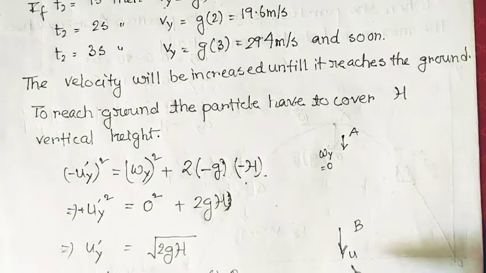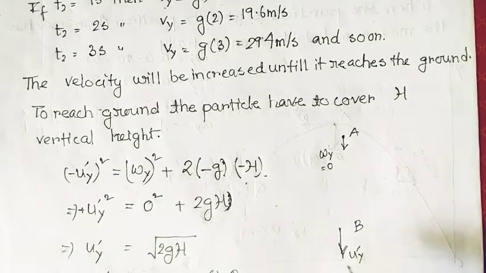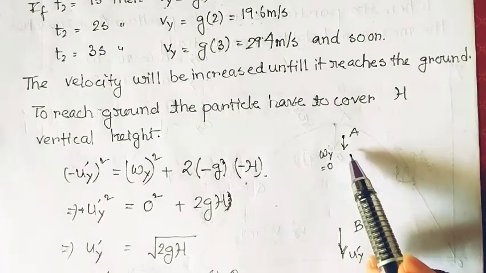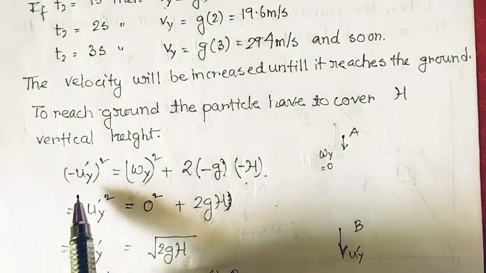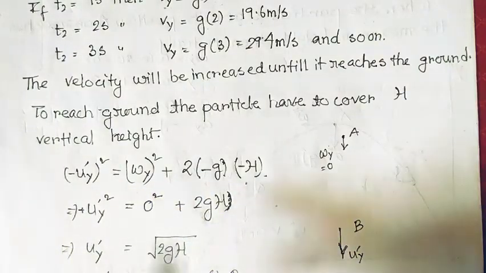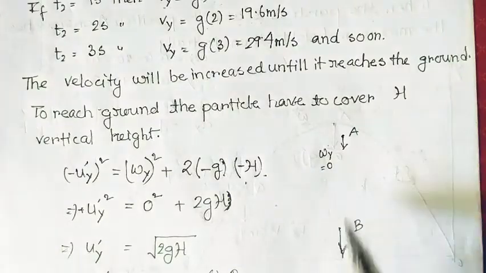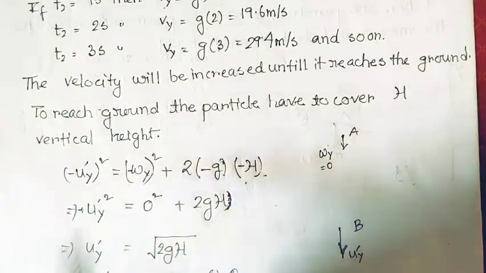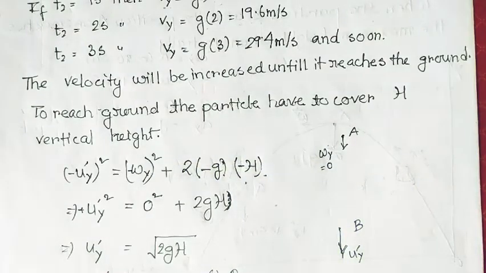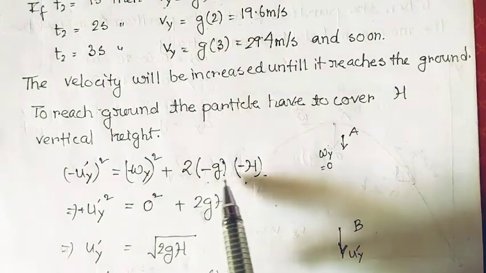and we say that when the particle is striking the ground, at that time its velocity is w prime, so it is w prime y. So this is the final velocity, and obviously it is non-zero because the acceleration due to gravity is continuously acting on it and increasing its value. So minus of w y prime, minus is because of the negative y direction, plus here it should be a minus of w y prime whole square to minus of g minus of h.